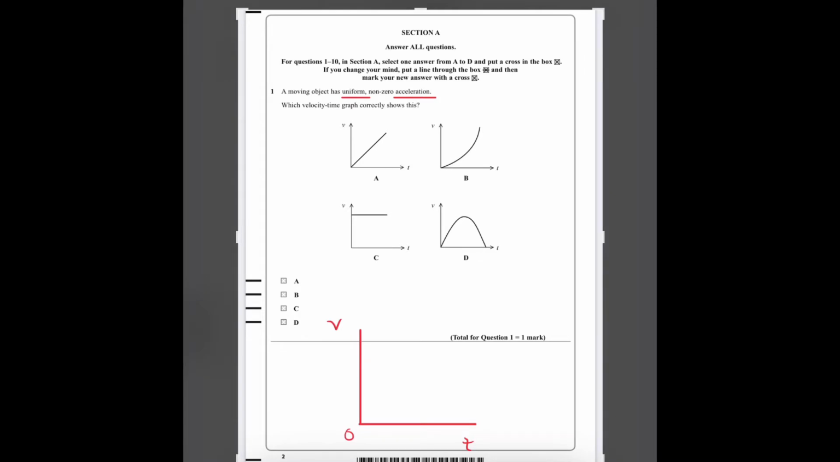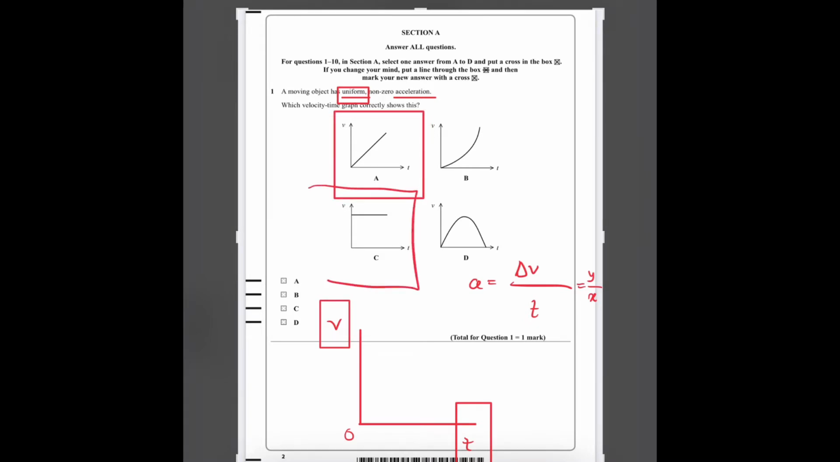So basically, what is the acceleration in the velocity time graph? In the velocity time graph, the acceleration is actually the gradient. Since acceleration is change in velocity by time, right? Change in velocity by time is actually y-axis by x-axis, since in the y-axis we have velocity and in the x-axis we have time. So y-axis by x-axis is the gradient, and the gradient of a velocity time graph is acceleration. Since the acceleration is uniform and non-zero, it means that the graph would be of a constant gradient but